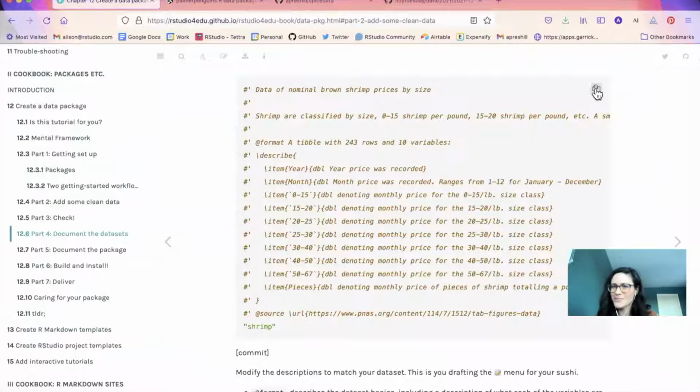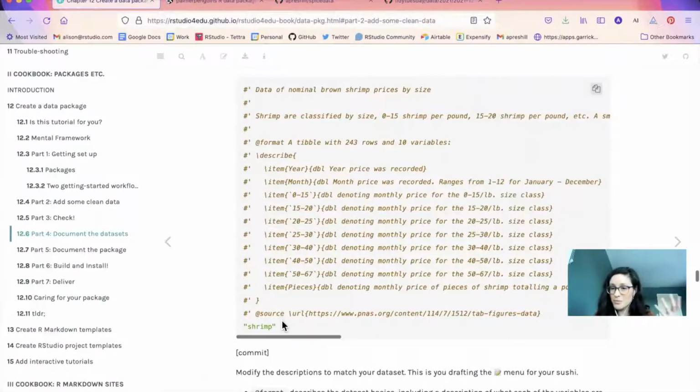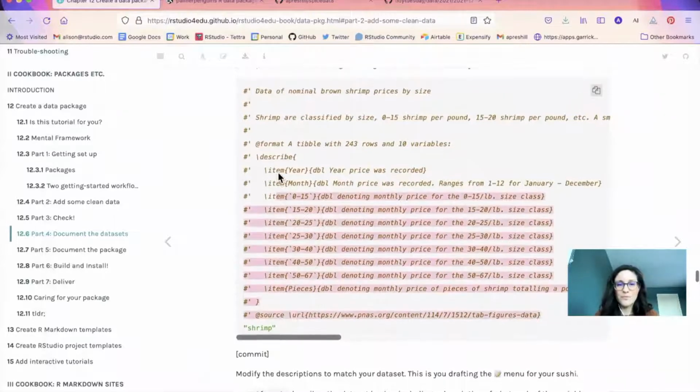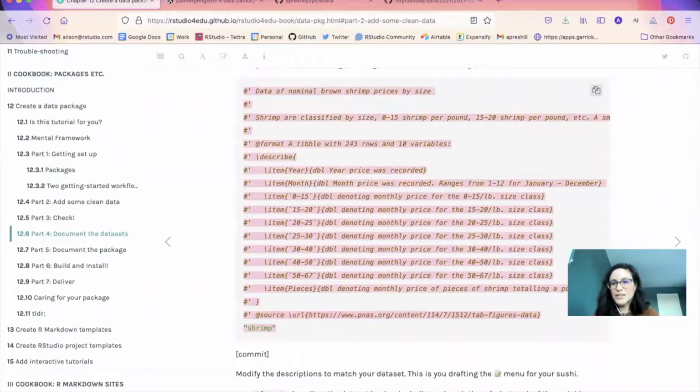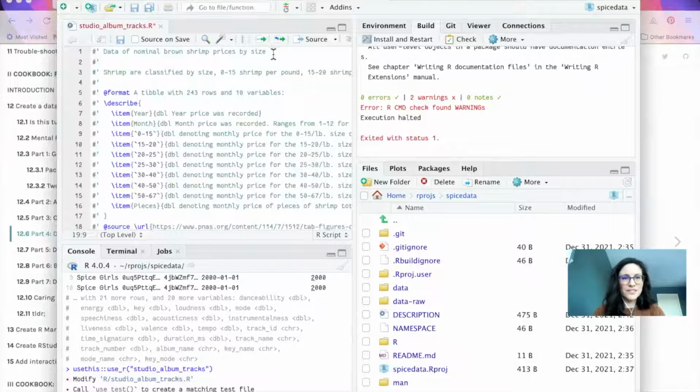But I'm hoping that things have changed maybe since I've last done this. So I'm going to do it this way manually, but with the caveat that I'm hopeful that there has been an advancement on this front, because I find this completely tedious because of course R knows all about my data, right? So these are Spice Girls studio album